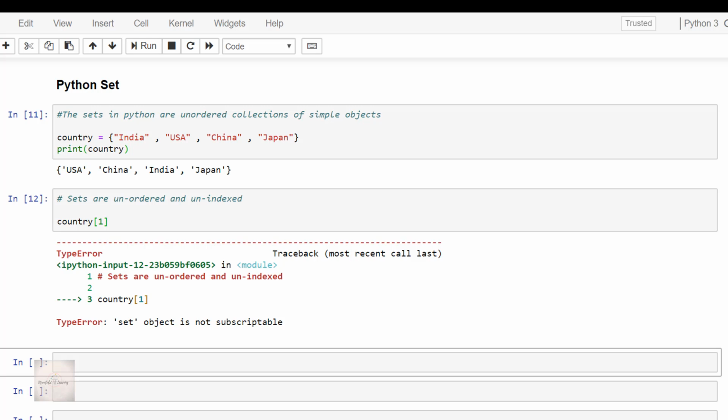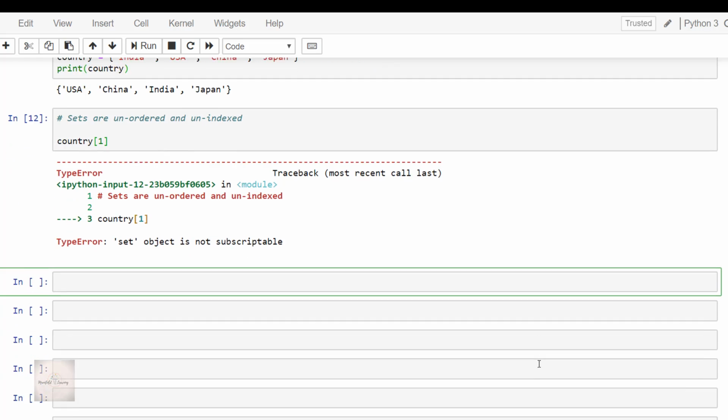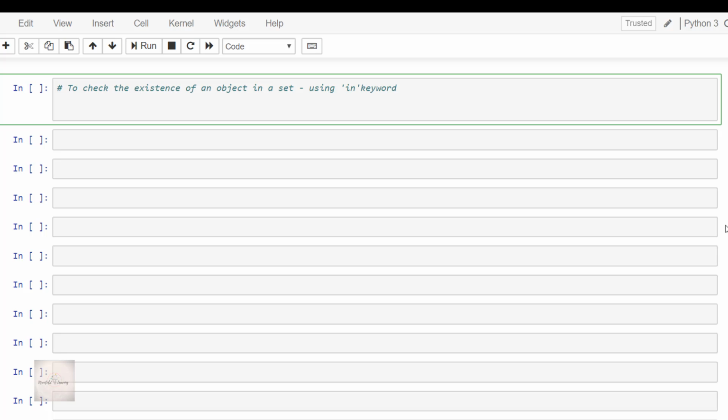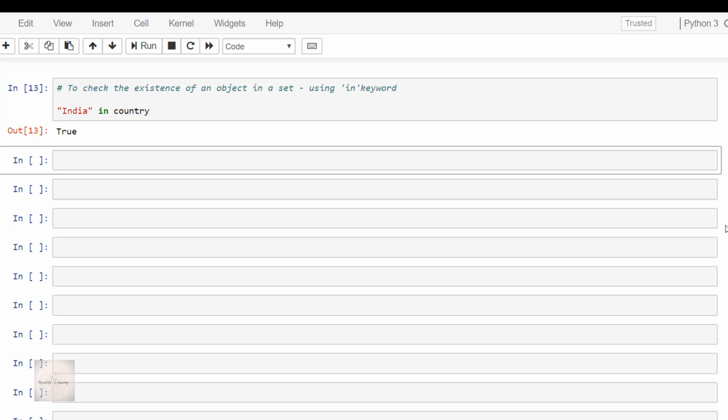But we can check the existence of an object in a set with the use of the in keyword. Let's say I want to check whether the country India is present in the set or not. In that case we write India in country. See, this has returned the value as true. So we use the in keyword to check the existence of an element in a set.